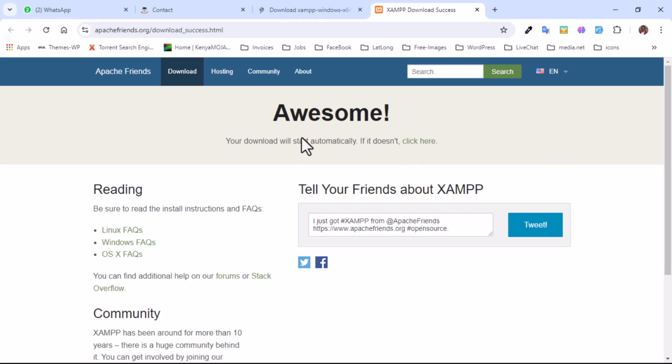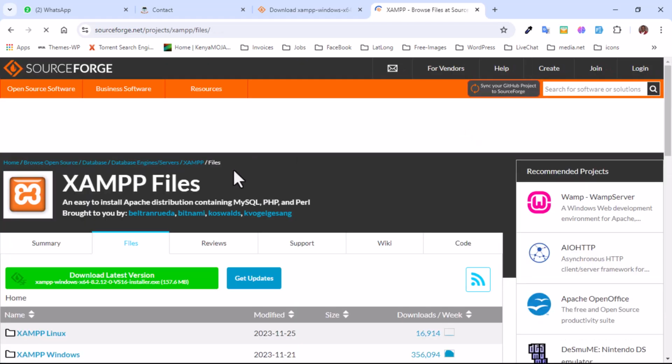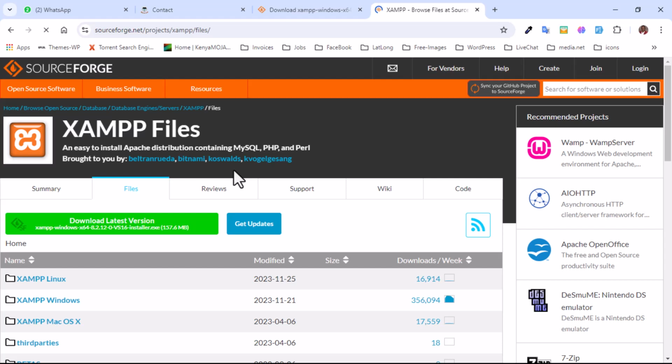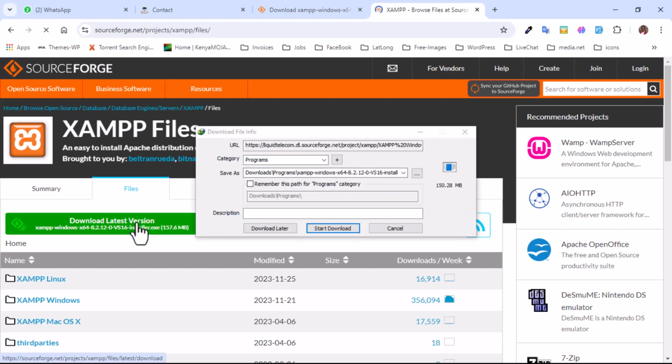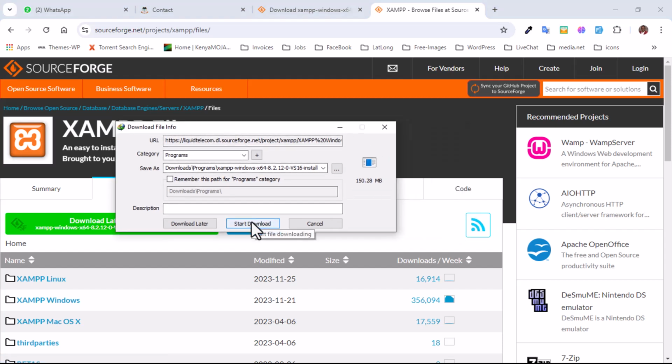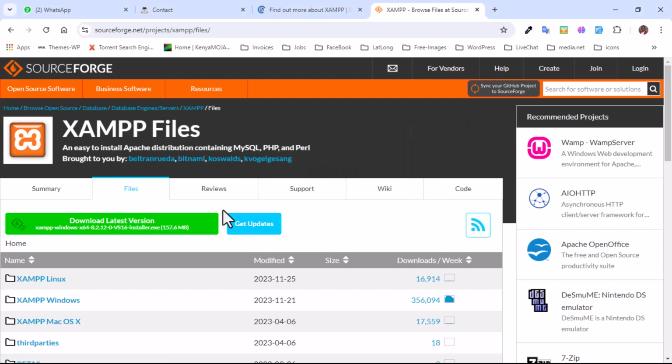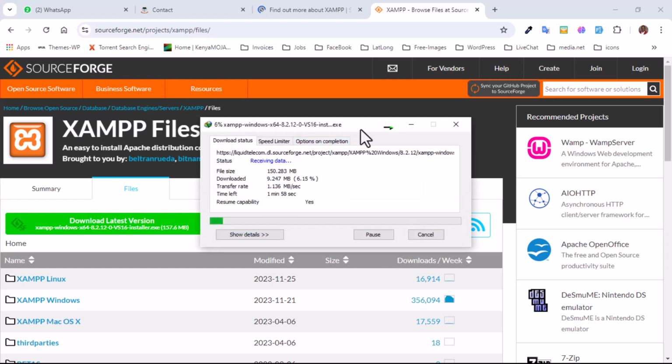You will just wait for a few seconds, and you will see your download starting. But if you don't see your download starting, you'll have to click here to refresh so that your download can start. Yes, so my download has started. So guys, this will take some time to download depending on your internet. After downloading,